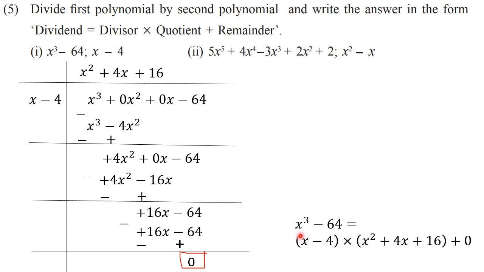Sometimes what we find is, now like here, see this is the formula which is of type a cube minus b cube, and you know the expansion of that, a minus b, a square plus ab plus b square. So simply you write it like this and then you do the cancellation. So that will not do. When it is said divide, you have to go for the long division method. You cannot make use of the formula and then divide.